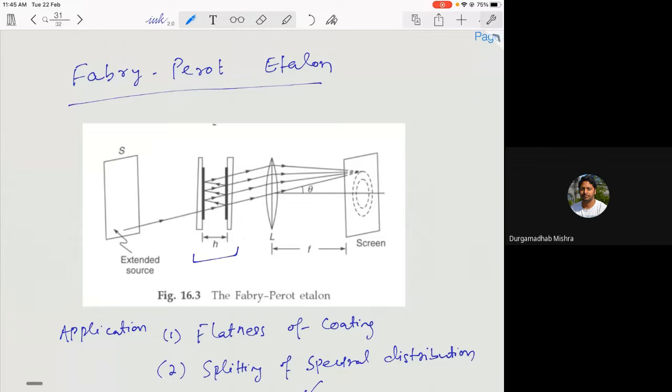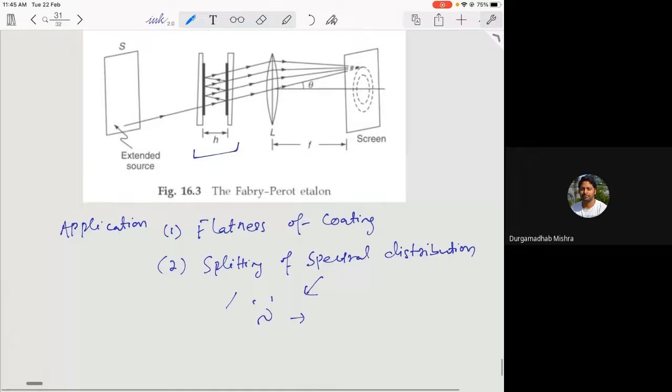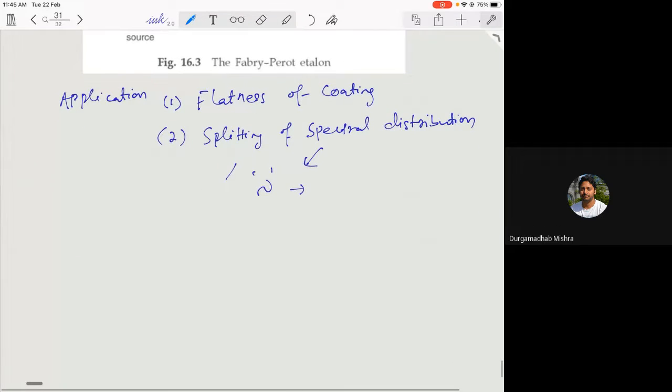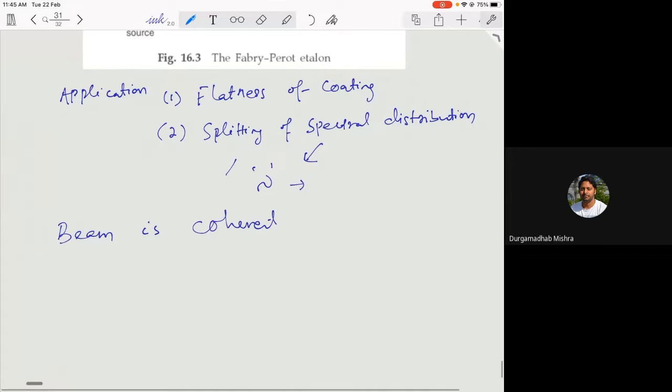Okay. So far in the coherence, for the interference, we assume that your beam is coherent, right? So one condition we always say is that the beam should be coherent. So what does it mean? So one thing it means is that it should be monochromatic. So the beam should be monochromatic,